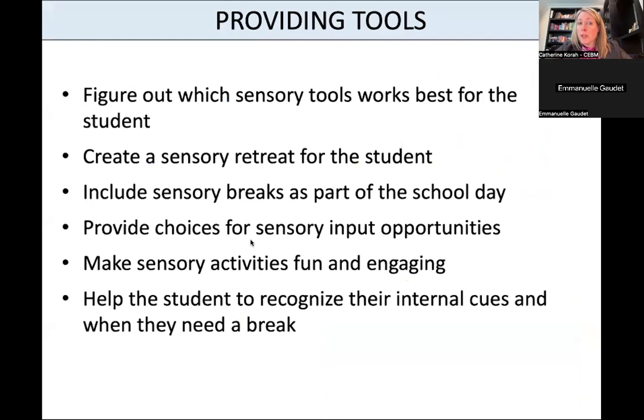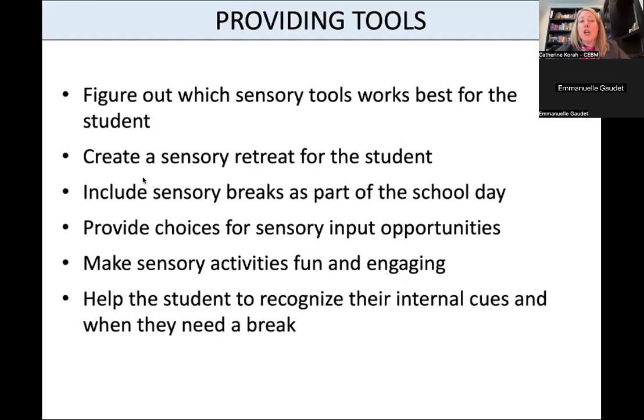In terms of tools, trying to figure out, are there certain sensory tools that can help with stimming and with sensory management? And again, picking the right tool for the tool to not be a distraction. And there's a difference, by the way, between a tool and a toy. I'm presenting next week on tools versus toys, and so I invite you to register and to go and take a look at that presentation. And if you cannot register to be there live, you will have access to the recording.